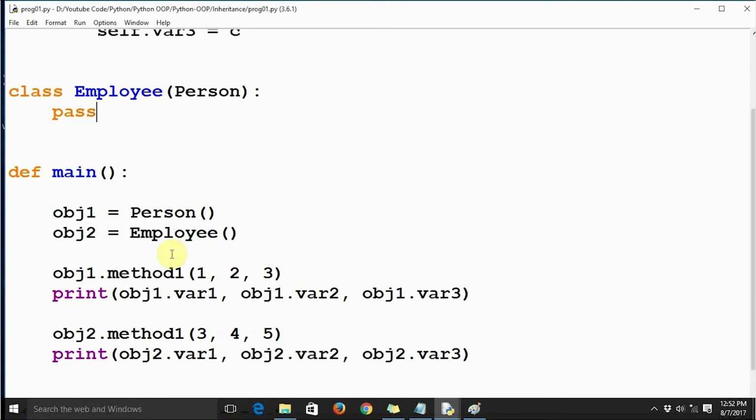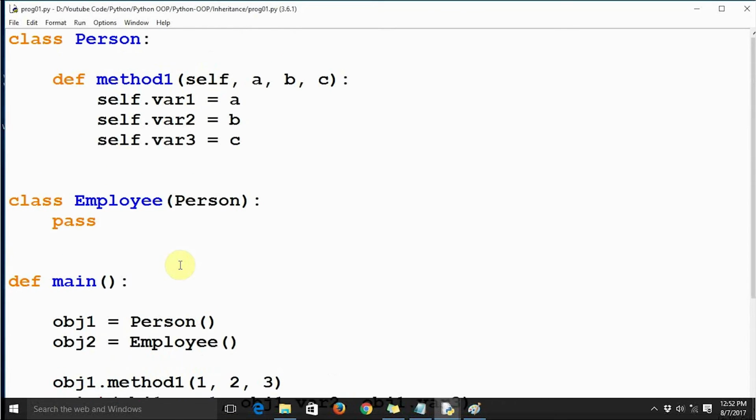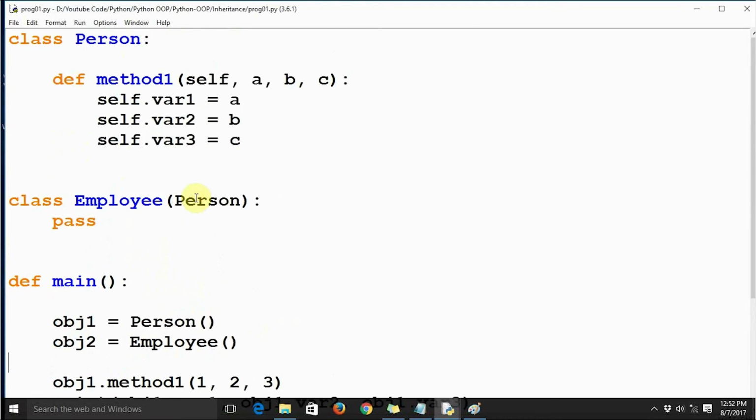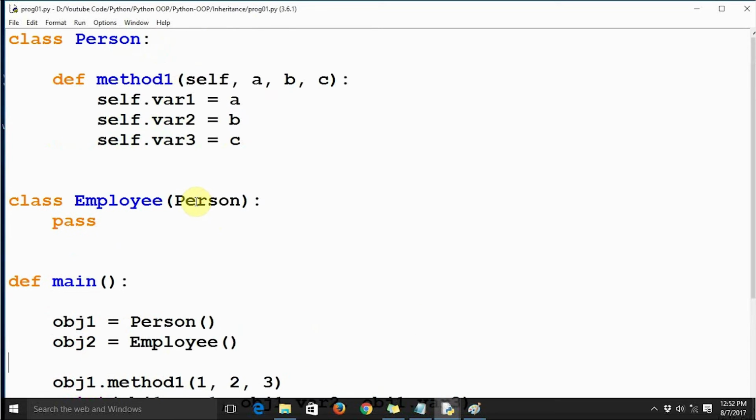Of course, you might be asking why we are getting two different sets of values. It is because each and every object is going to retain its own copy of values for all the variables associated with it. So the objects will be different. The object of Employee is different from the object of Person, but it is going to extend the set of variables as well as the set of methods by means of the property of inheritance.